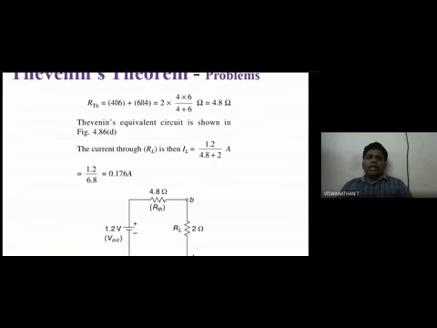So 10 ohm, 10 ohm are connected in series. How does this 10 ohm come? So 4 is parallel with 6. Again 4 is parallel with 6. So separately they are in parallel and they are connected in series. So I'm getting R Thevenin as 4.84 ohm. So 4.84 ohm I know, 1.2 volt, and the 2 ohm is given in the problem. So I can easily calculate the current is 0.176 ampere.